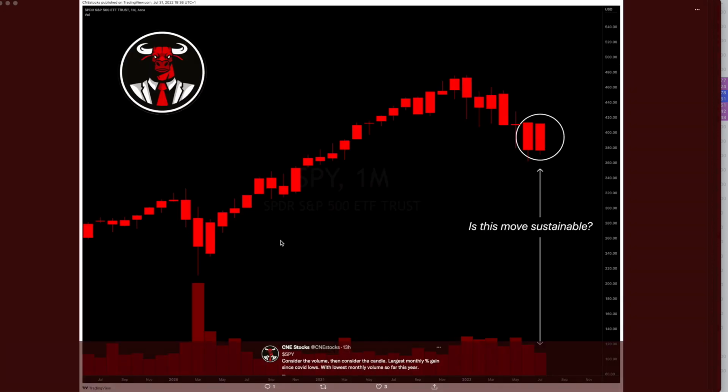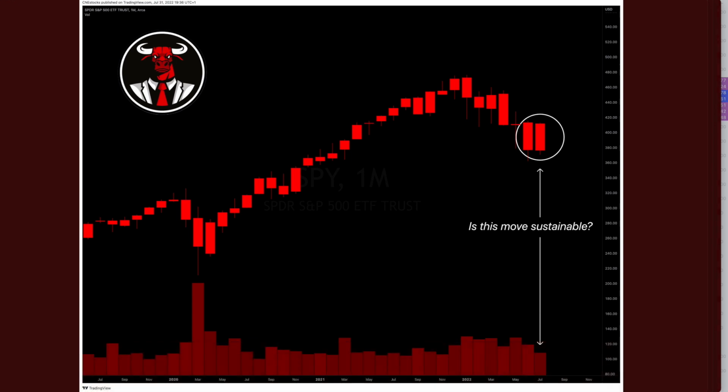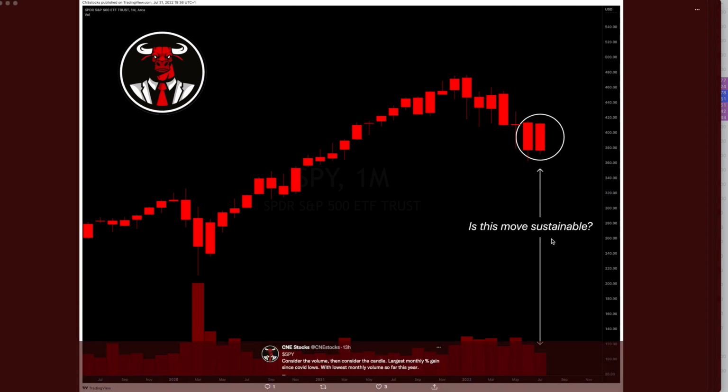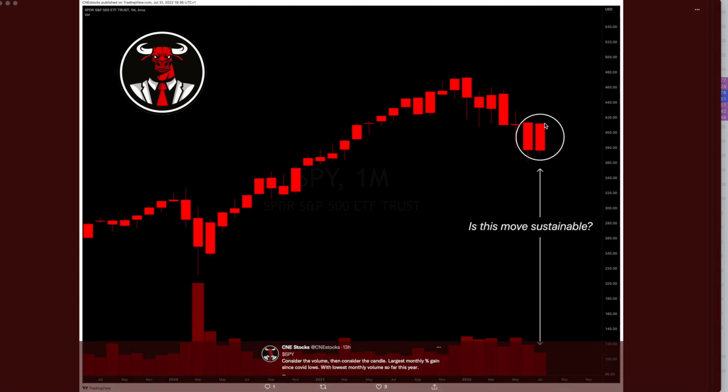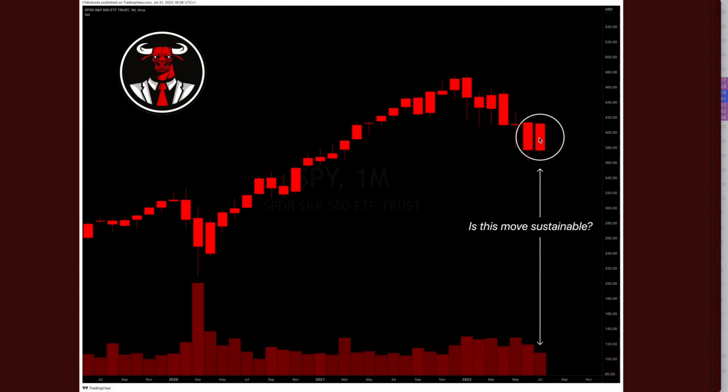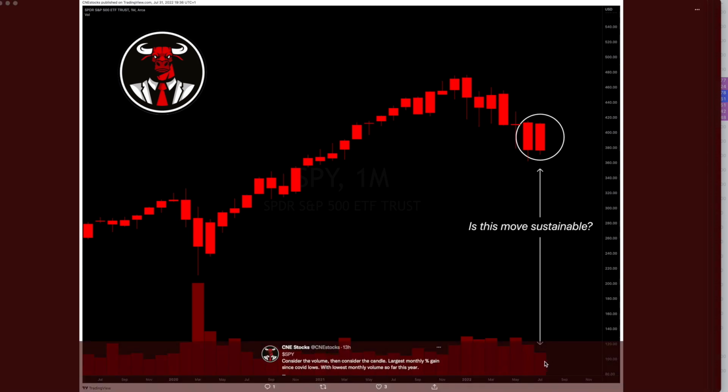Next chart is of course the SPY again. This one basically shows you, is this a stable move? I posted this chart on Twitter. As you can see, a massive bullish candle here. I know these are all the same color, but this red one here on the very end, this July candle, is a bullish candle, and it is so bullish. But just look at the volume. The volume's been the lowest bar since this year. That made me think, is this move sustainable? Will this move carry on higher with the amount of volume we took in